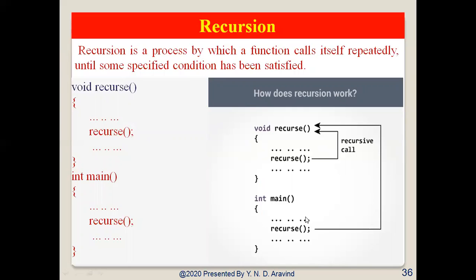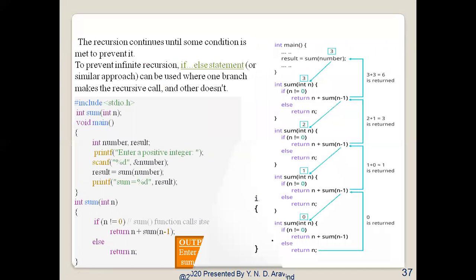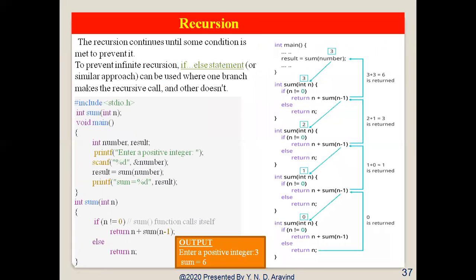So whenever I invoke a recursive function in my main function, the control will go here, and that in turn is going to call this again, and again it is going to call this. Like that it is going to call itself, and it will fall into an infinite loop. To overcome that, we are going to use some condition, that is an if